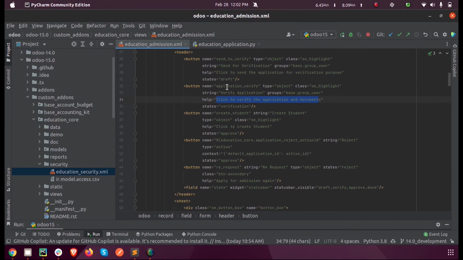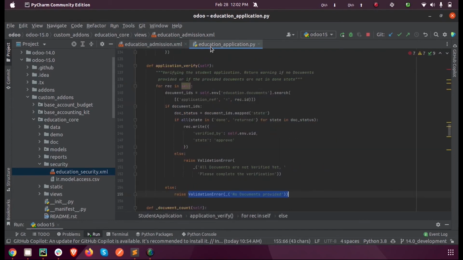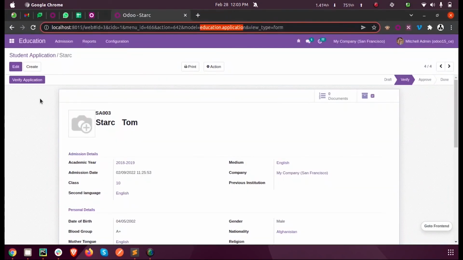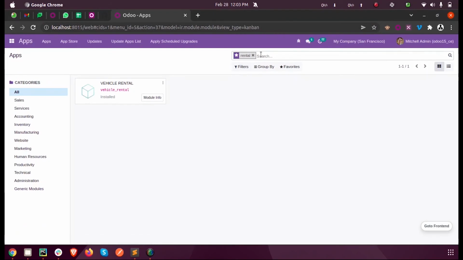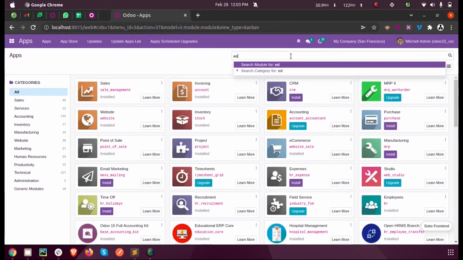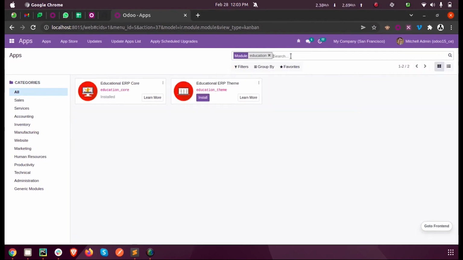So here we have defined the name as application_verify, and this name should be used as the method for that button. Here you can see I have defined the function like def, the name of that button, application_verify. Now when I just run my program and when I just upgrade the module, education,